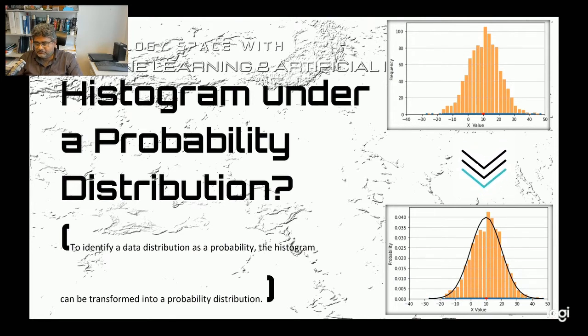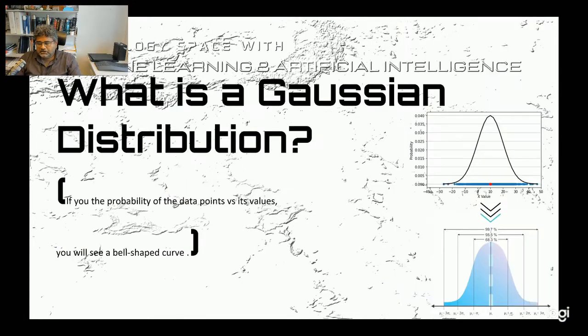After transforming this histogram into a probability distribution, we can utilize a smooth function to approximate the probability distribution. That approximating function came out to be this bell-shaped curve, which eventually we discuss as the Gaussian type of distribution. So let's consider that smooth function that we developed in the previous slide